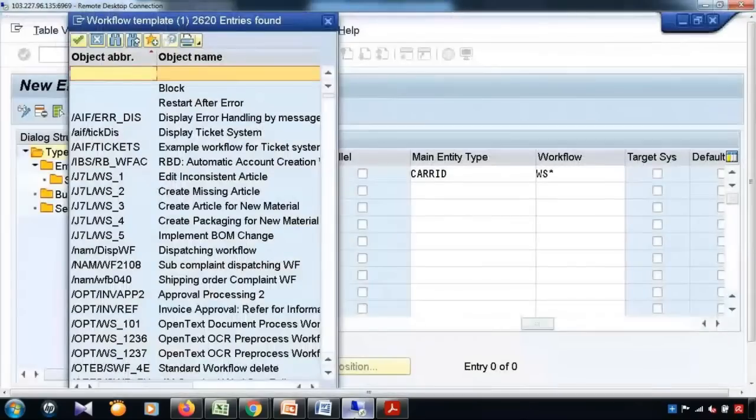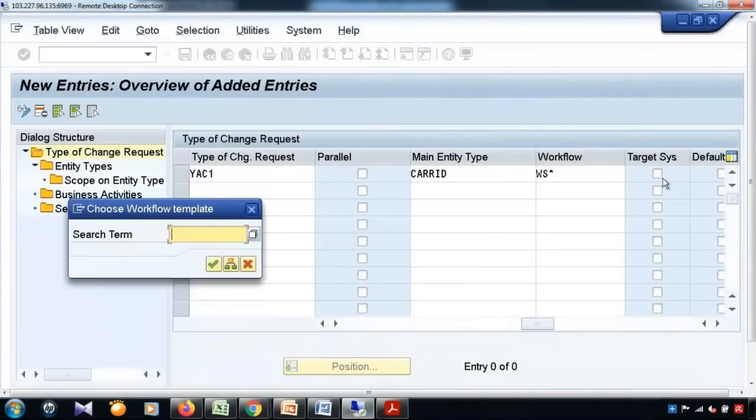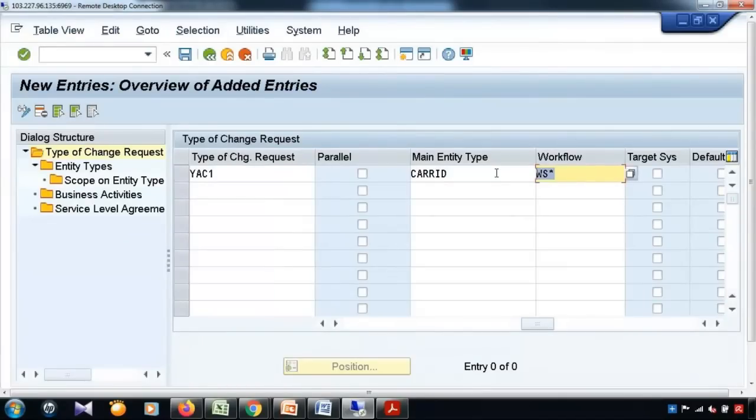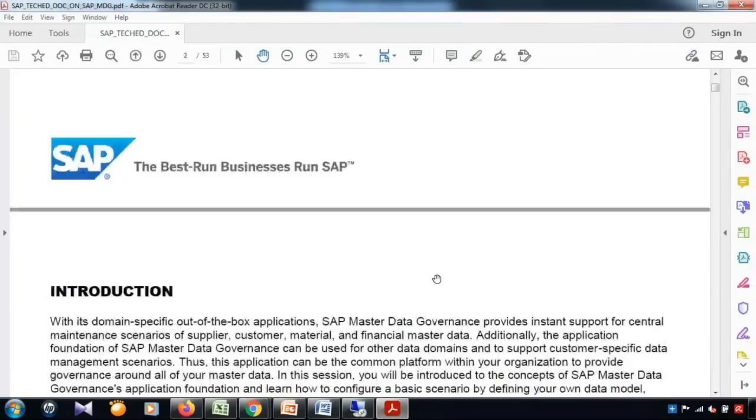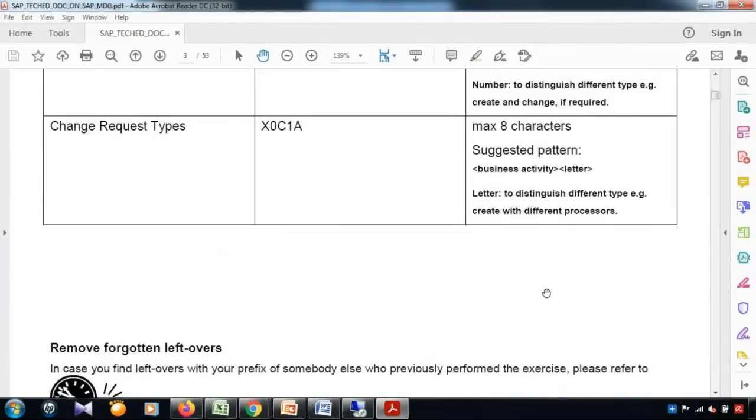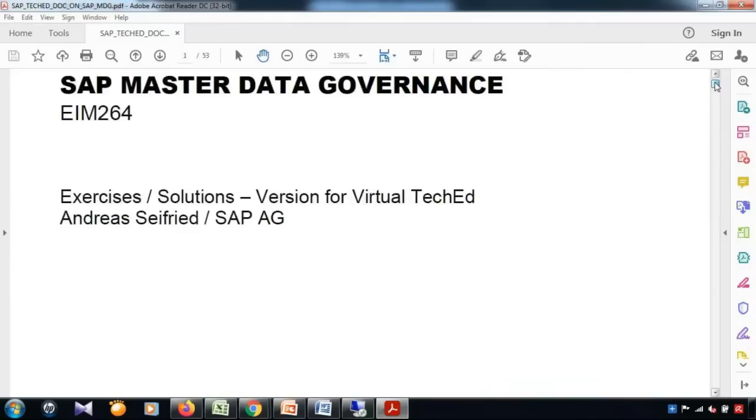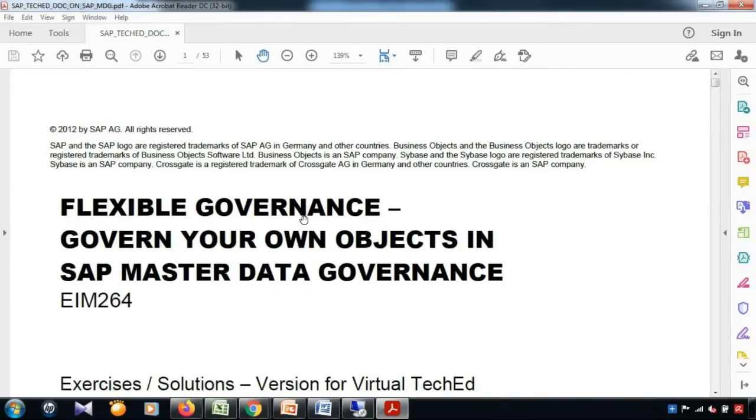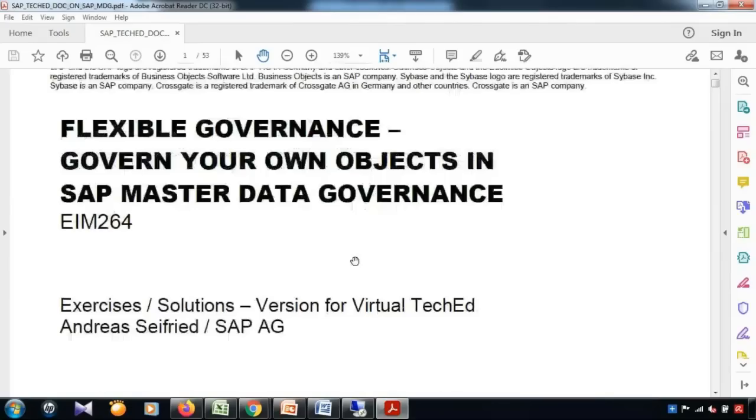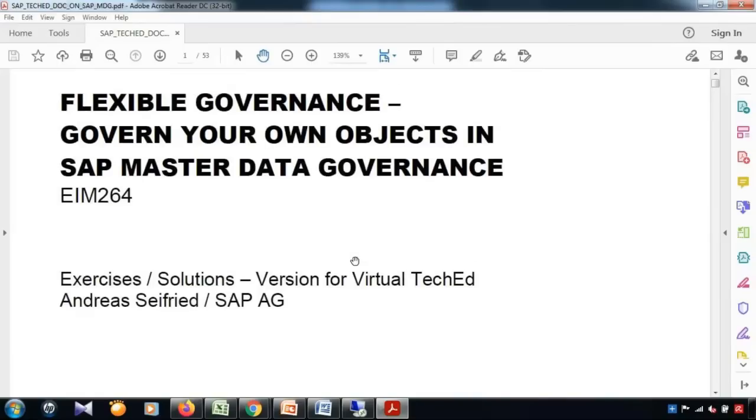Okay. Now the question is, how will I come to know what the workflow template is? Is it possible for me to remember this template all the time? No, not possible. So then how will I get this information? So let's see in this document. If you see the heading of the document, it is dealing with the custom process for the MDG framework. Okay,